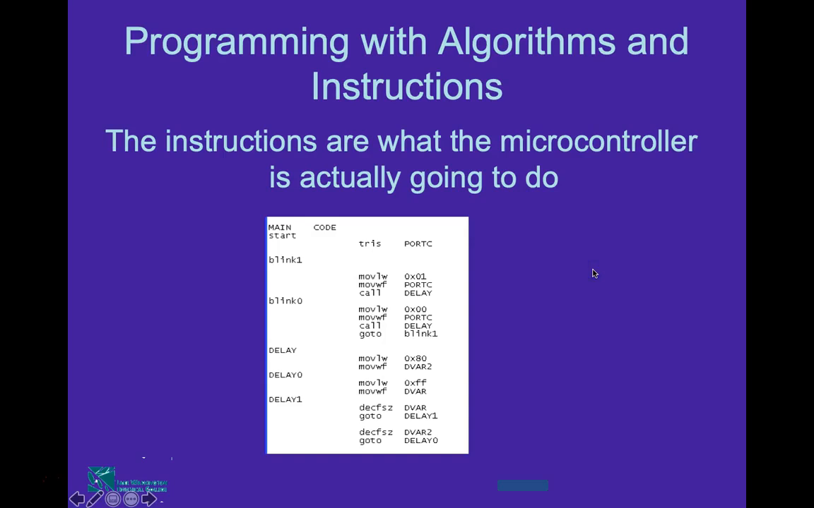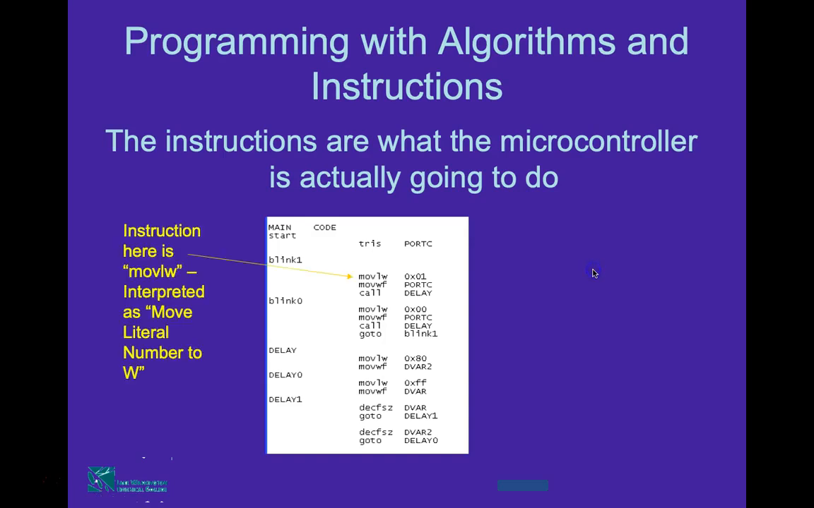The instructions are what the microcontroller is actually going to do. So these are the instruction set, you can say, for this particular program. Each of them has its own meaning, and you can understand the instruction set through the data sheet. It shows all of the instruction set for your microcontroller, and it also provides some examples to see how it works. For example, in this particular case, the first instruction is